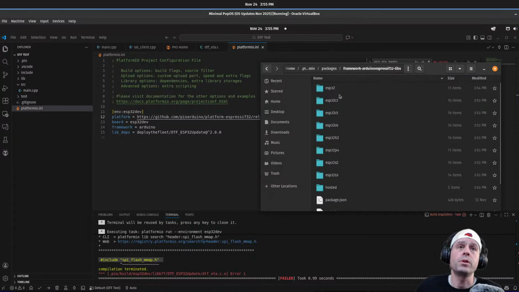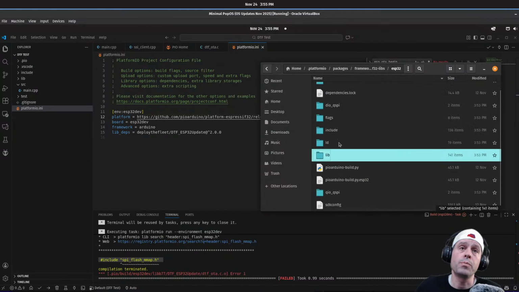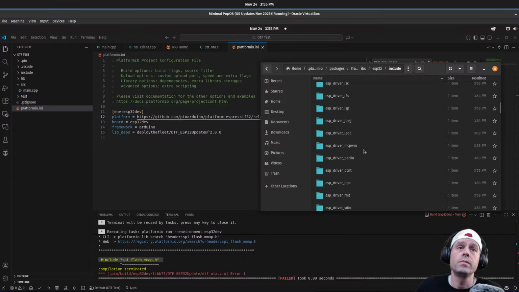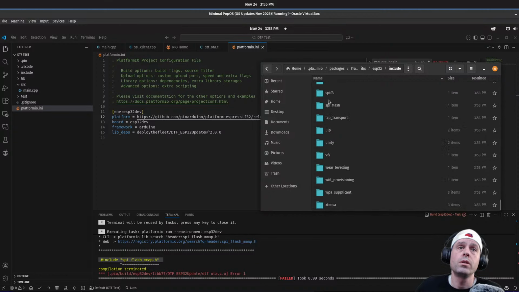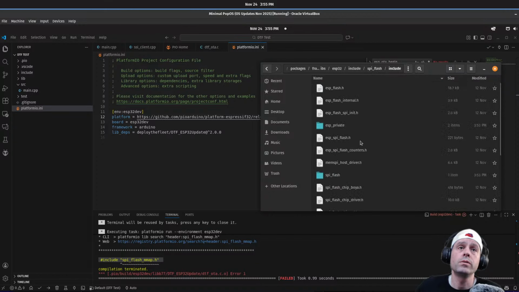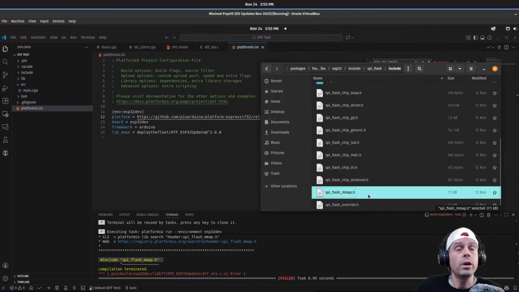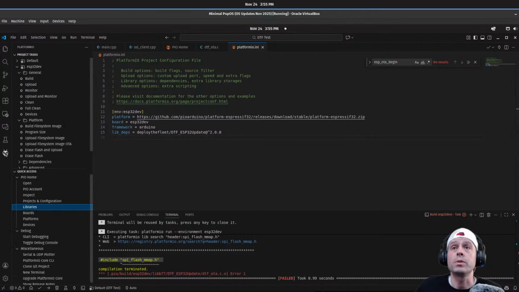Framework Arduino ESP32 lib. So if I come into here, I'm going to have still the precompiled binaries, so this is still getting built by somebody. And then let's just look right away. We'll know if our problem is solved because we'll come into the include, come down to SPI Flash and see if they've included my header file. SPI Flash M map. Okay. This is looking promising. Let's hit the build button and see what happens.